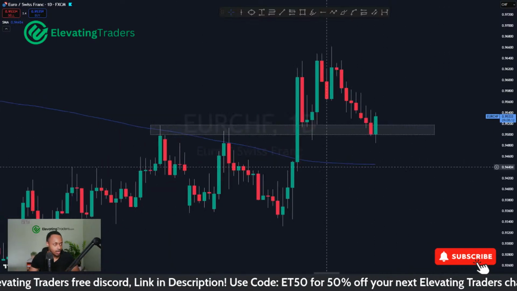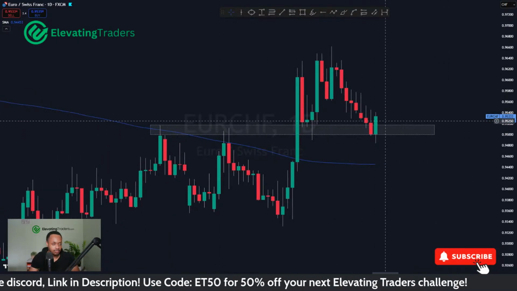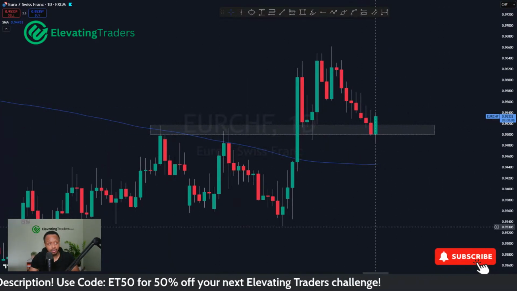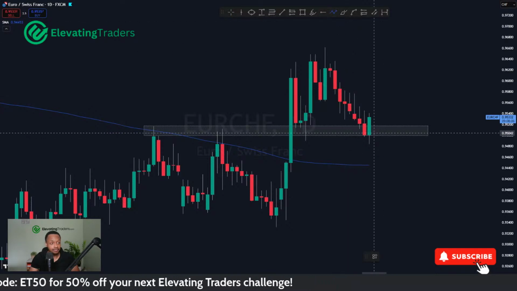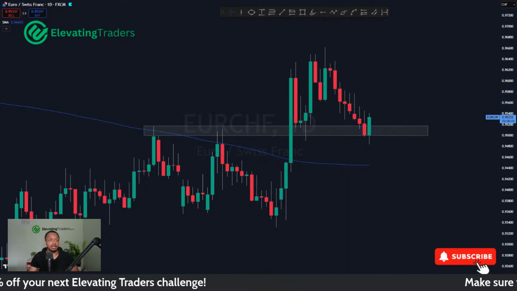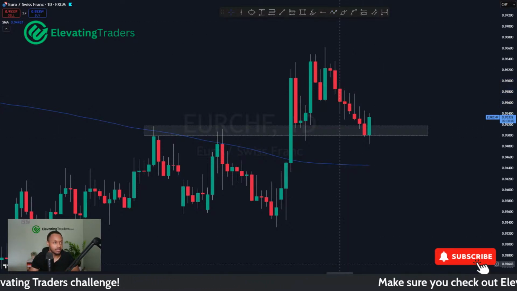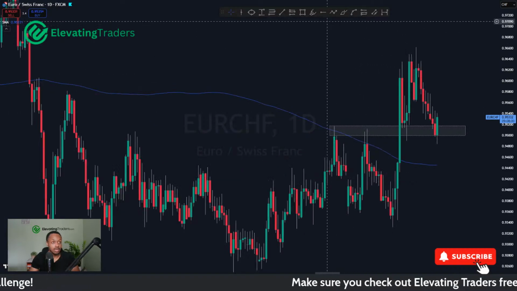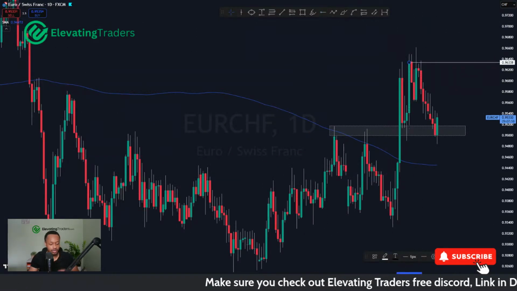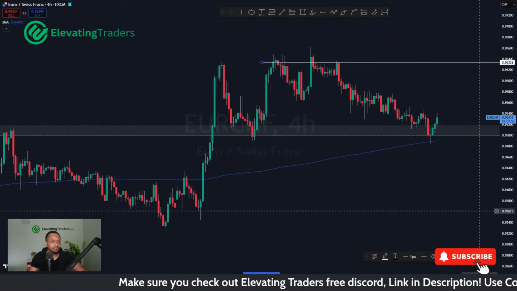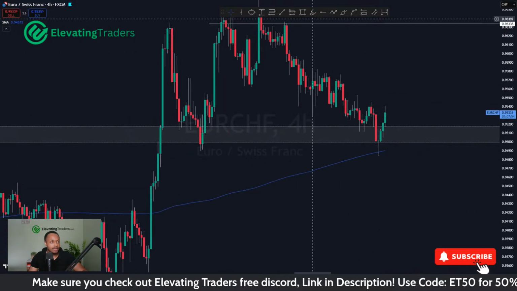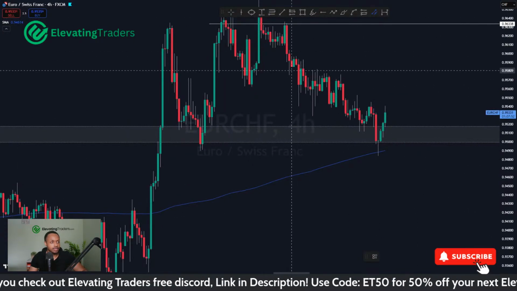So in this situation, support still holding. We'll see how that daily candle closes, but a nice bullish engulfing candle is always a nice sign. I'm probably going to get at least 2 or 3 bullish days there for Euro Swiss, maybe even a push back to the high as well. Things look really, really nice. But yeah, very corrective behavior here on the way down.